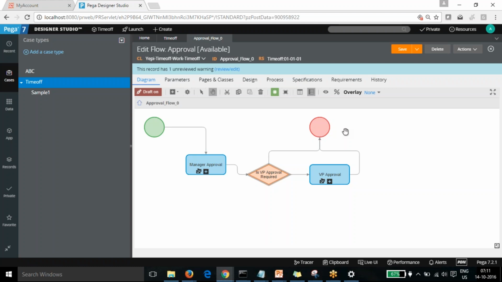But I'm surprised how it works. I mean, you're saying it has a screen which, when you push a button, approves it, right? Yes, that's right. So that means, even if it is just basic coding, there is some script or something behind it. Pega may be creating it behind the scene, doing us a favor. Is it creating a script behind the scene? Yes, it's creating all the Java code behind it. Because we are working in words, and those words are getting converted into Java code behind the scene.